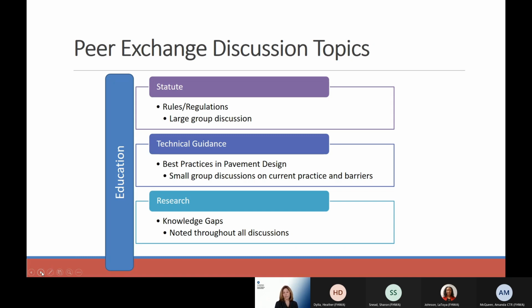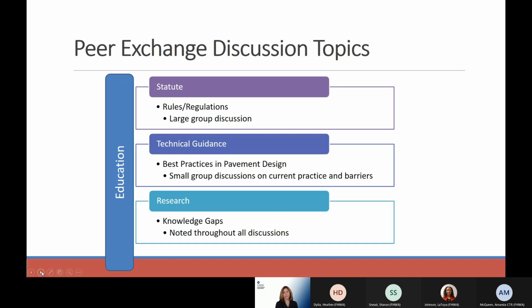We talked about technical guidance and best practices in pavement design. We had a small group discussion on current practices and barriers. And from that current practices exercise we did in the peer exchange, we have some additional information we're going to share later in the presentation on the outcome of that.